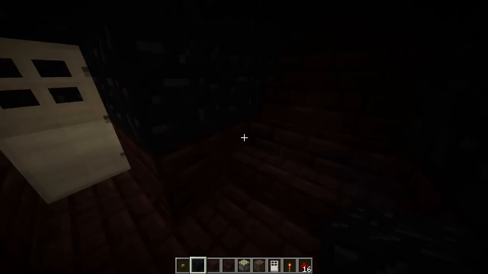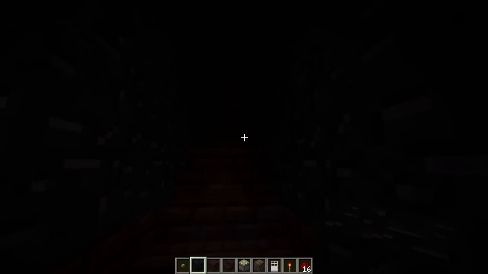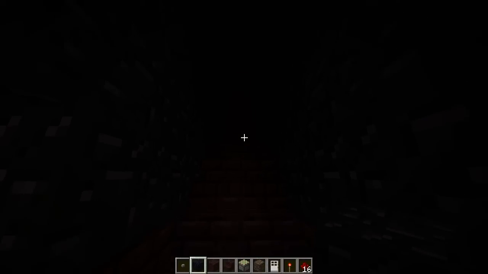There's no way of getting out unless you break the rules of breaking a door. So, when you come in here it's going to be very dark. You can't really see anything. I'm sorry if you can't see anything on YouTube, but you can kind of see something when you're actually playing Minecraft. And when you get up to the very top of the staircase, all you're going to see is